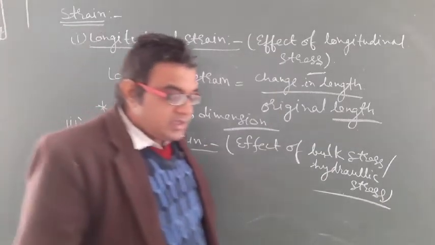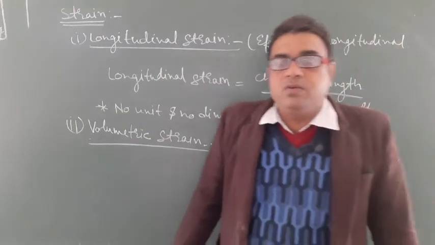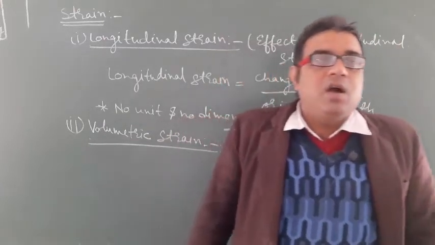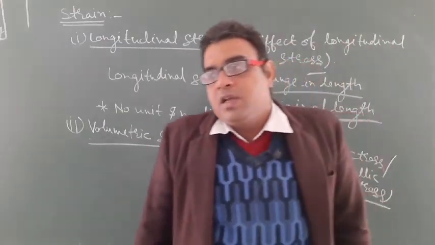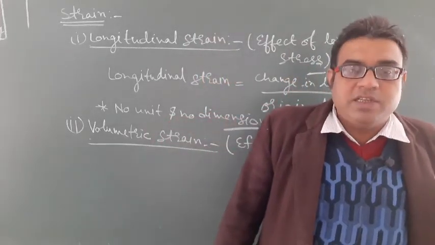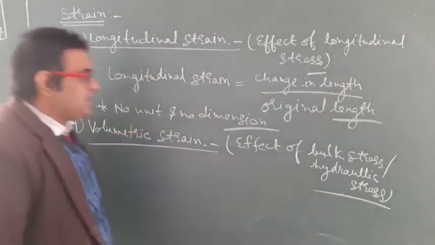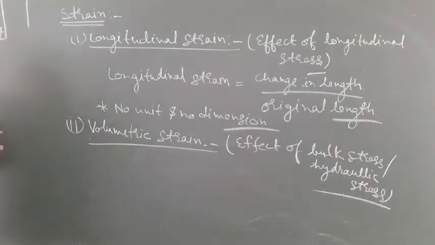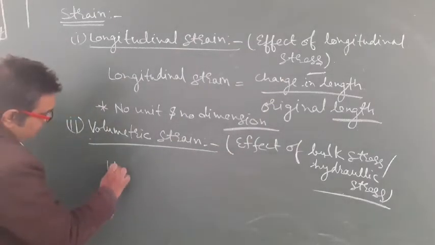In this type of stress, as I told you, the shape and size of the object do not change, but its volume changes, and as its volume changes, volumetric strain can be written as